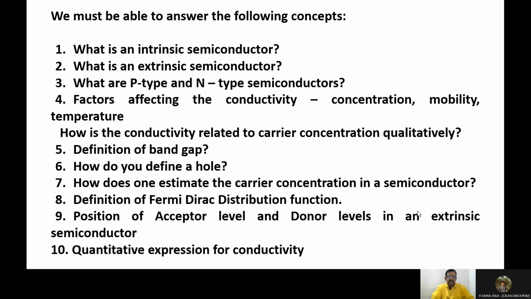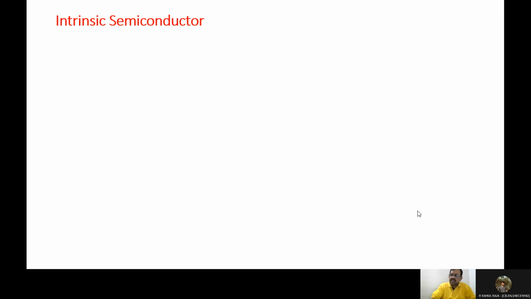In the last class, I did tell you that in a semiconductor, the conductivity increases with increasing temperature. Which is not unexpected given the fact that as you heat the semiconductor, there will be an excitation of electrons released from the valence band, and they go to the conduction band, readily available for electrical conduction. So what is an intrinsic semiconductor? Let me give you an intrinsic semiconductor is one which actually,